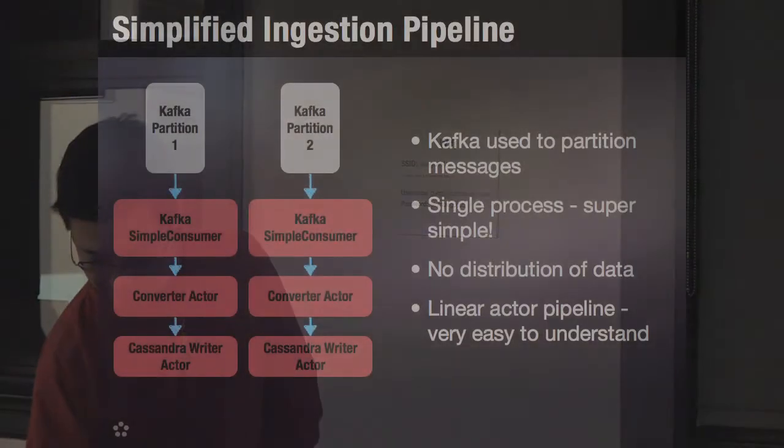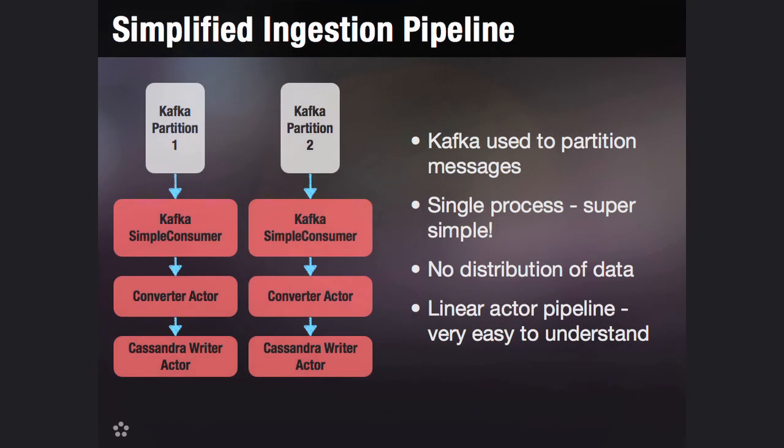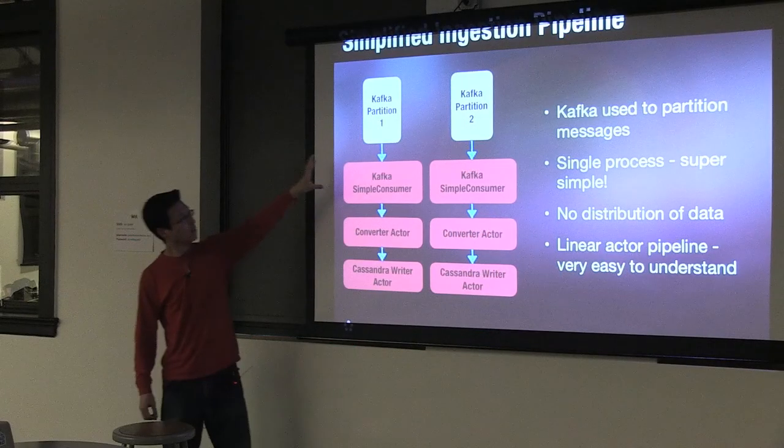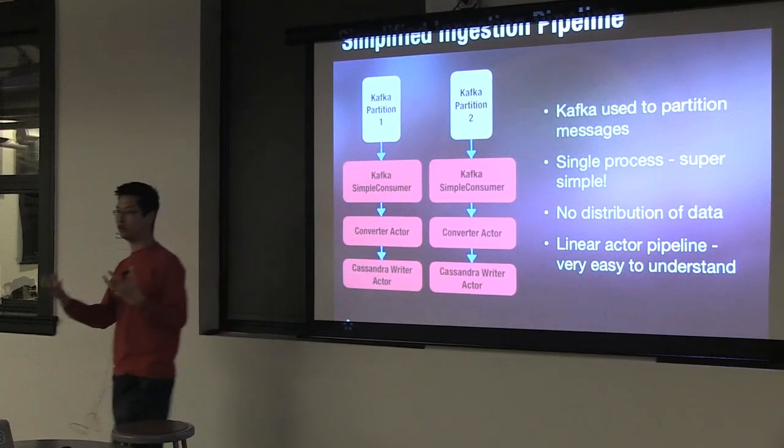Most people got the idea of actors right away, maybe because it's almost like pure Smalltalk, like object passing with message passing. And futures were much harder for people to understand for whatever reason. So the final system that we moved to is a pure actor system where you have independent nodes. And we basically used Kafka to partition our messages.